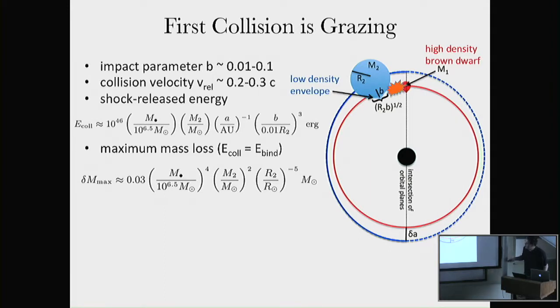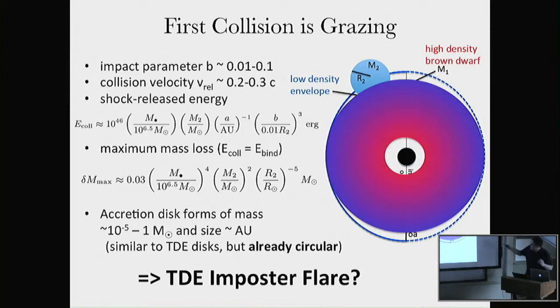And you can estimate the maximum amount of mass which is ejected by this process by just equating the amount of energy dissipated by that collision to the binding energy of the more massive star. And it can vary, so it can be quite small. It turns out if you have lower mass supermassive black holes, 10 to the 6, it could be a small amount of mass that is ejected. But it could be much larger. The impacts tend to be higher impact parameter, deeper impacts for more massive black holes. Okay, so the net effect is that these two stars collide, strip off some mass, and you create a temporary accretion disk around the black hole. And unlike a TDE, it's actually already fairly circularized, and so you could produce a flare of emission this way.